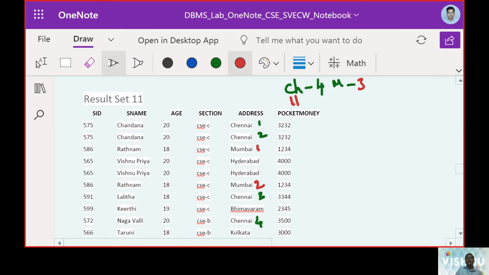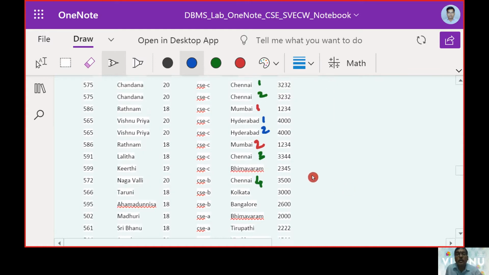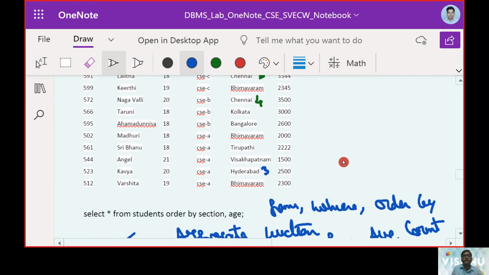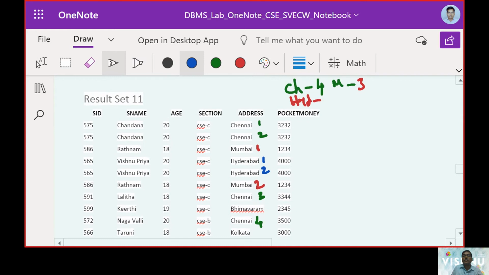Then let us see the number of addresses for Hyderabad. So 1, 2, then Hyderabad was 3. Check the next address. So Kolkata.